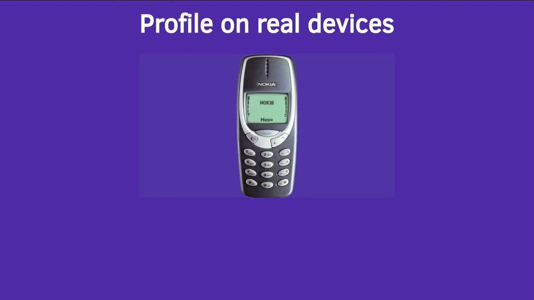Always profile on real devices. This is really, really important. Again, as I said, as developers, we tend to test on the fastest ISP that we know. Test on real devices. Putting some sort of slowdown on your dev tools is still not good enough. There are tons of great ways to do this. Happy to talk to you guys offline about how you can use analytics, for example, to figure out how much time your actual users on mobile devices are taking to load all of this. But always profile on real devices.